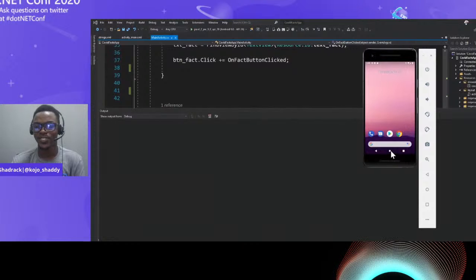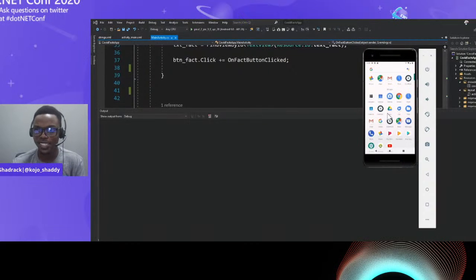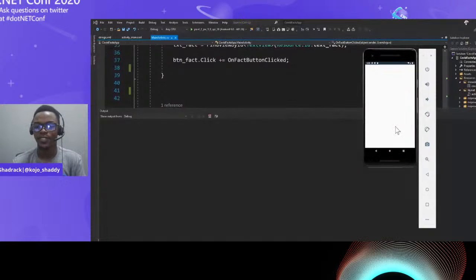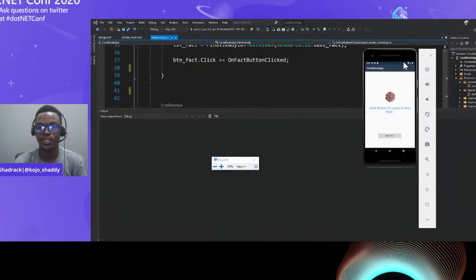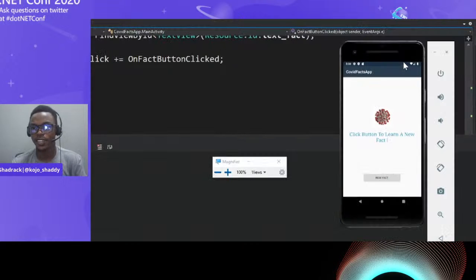Okay, so I think I have it installed, but let me see which one that is. Okay. All right, so this is awesome. Let me see if I can zoom my screen a bit. Okay, so as you can see,